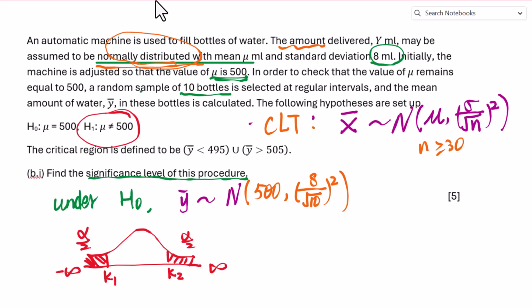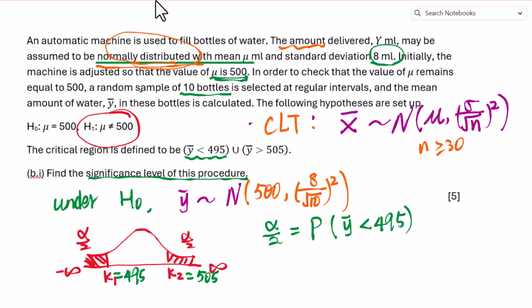Since we are given the critical region is y bar less than 495, so this is 495. K2 equals 505. Therefore, alpha over 2 equals probability of y bar less than